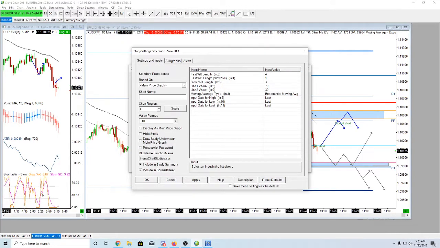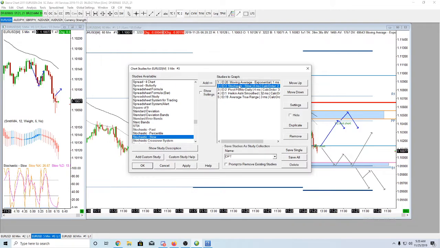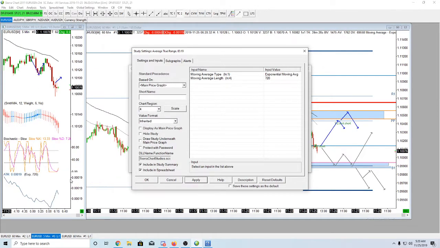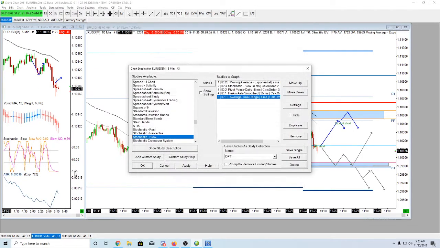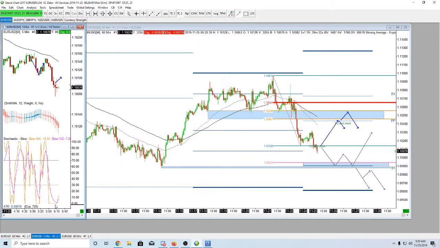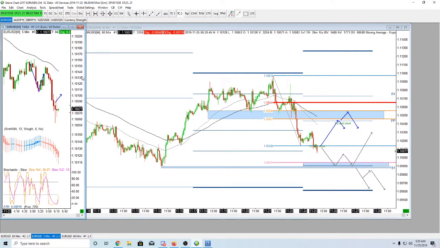Right now it's in this fourth window, so I got 1, 2, 3, 4. If I want to change that to 3, and then move my average true range to the 4 spot. So I can move that around a bit. Put this back down in here. So I just see the number on that one. Put this down in here. Move like this. There we go. Aesthetically, it looks a little better for me.